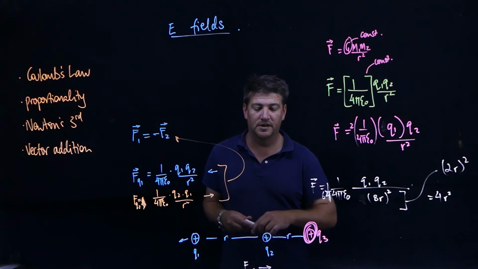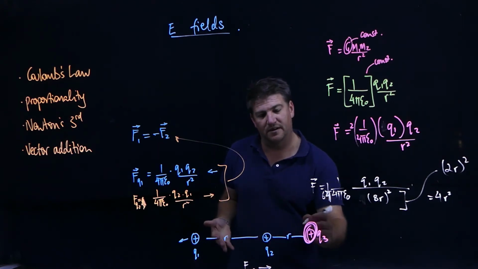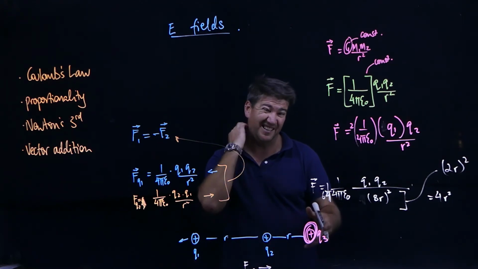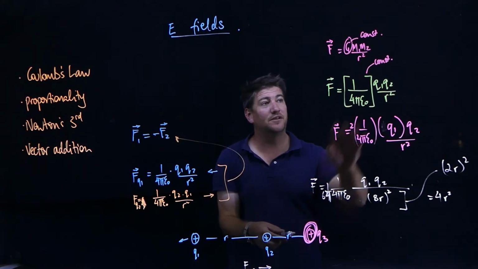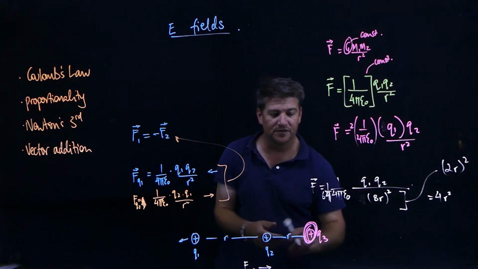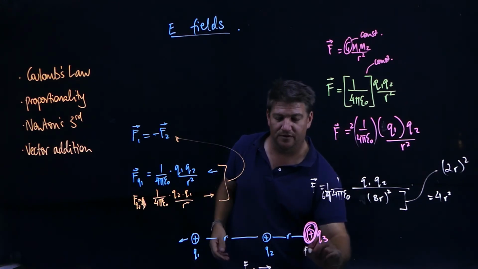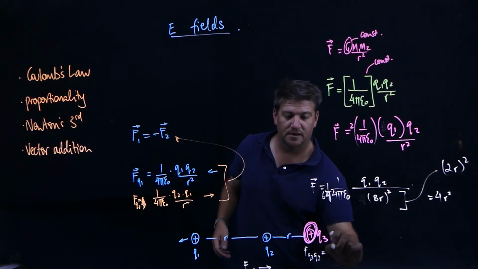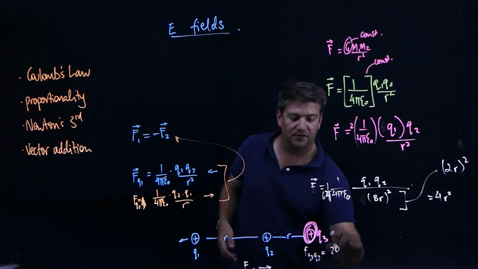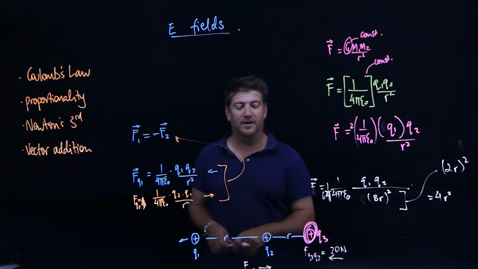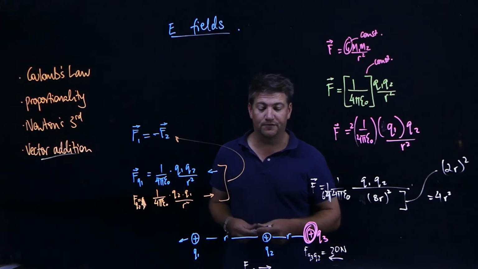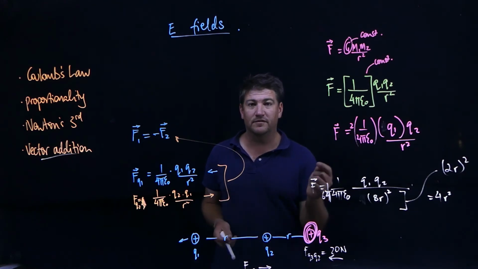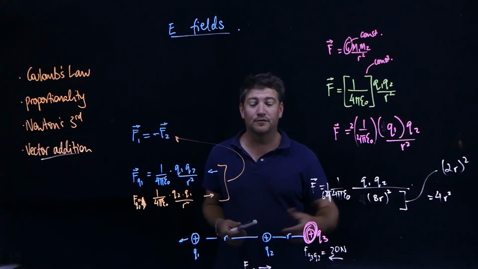It's 10 newtons, and because this charge here is twice as big, remember, if we're doubling the charge, we're doubling the force. So the force from Q3 on Q2 would be double, 20 newtons, that way. Now we can use vector addition to add those two things together. So if we have 10 newtons to the right and 20 newtons to the left, our overall force,